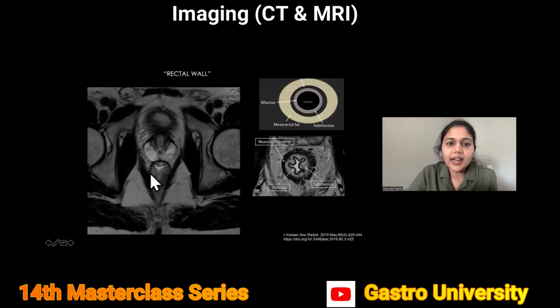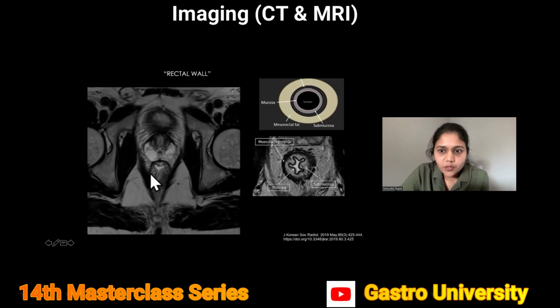The rectal wall anatomy is very beautifully seen on the high resolution T2 weighted images. So we have the hypointense mucosa, which is then surrounded by hyperintense submucosa. Now, the submucosa generally depends upon the distension of the rectum, and it's not usually very properly seen, but when seen, it's hyperintense submucosal fat.